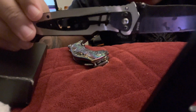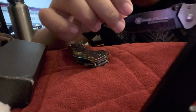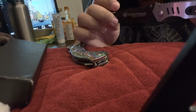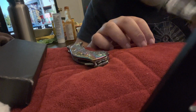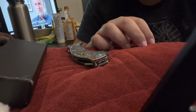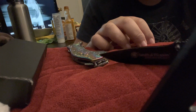Anyway, this is knife number 1. It's made by Smith and Wesson. I believe that this company makes weapons like guns and rifles and stuff. Am I correct? Yeah, I think I heard about guns. I'm not really into guns, but